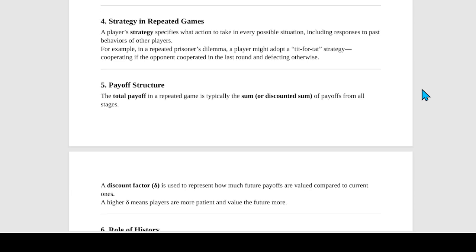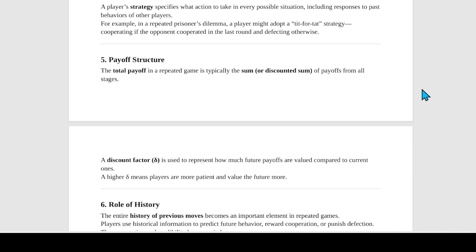Alright. Now, what are payoffs and discounting? Alright, so total payoff is the sum of all round payoffs. ठीक है, तो जितने भी राउंड में तुम लोग को मार्क्स मिलेंगे, that will be calculated and that's called the total payoff. Okay, now future payoffs are discounted. Okay, future payoffs को discount किया जाता है using a term called discount factor. So discount factor ranges from 0 to 1. अगर वो 1 के close है, ठीक है, तो opponent will most likely think about कि उसको future कितना matter करता है, उसको future ज़्यादा matter करता है.